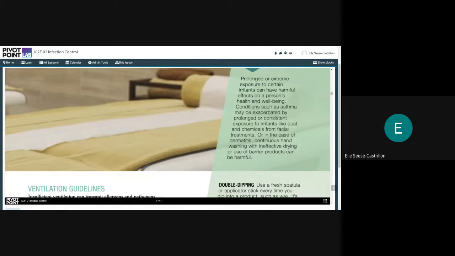Prolonged or extreme exposure to certain irritants can be harmful to a person's health and well-being. So conditions such as asthma could be exacerbated by prolonged or consistent exposure to these irritants, like dust or chemicals from facial treatments that you offer. It says in the case of dermatitis, continuous hand washing with ineffective drying or use of barrier products could also